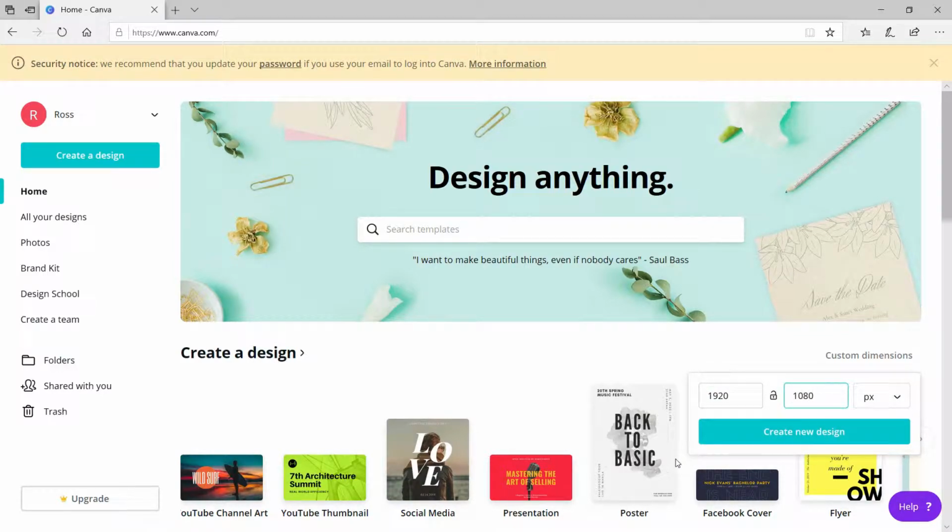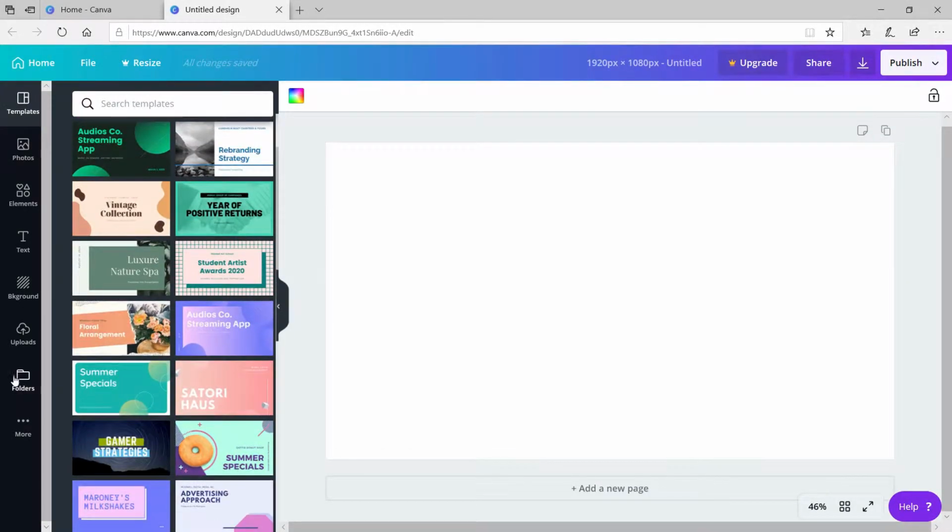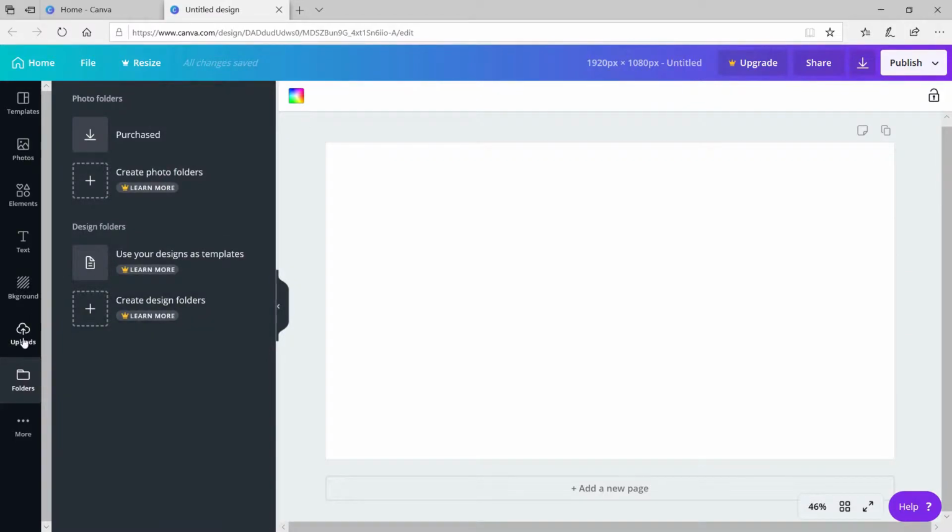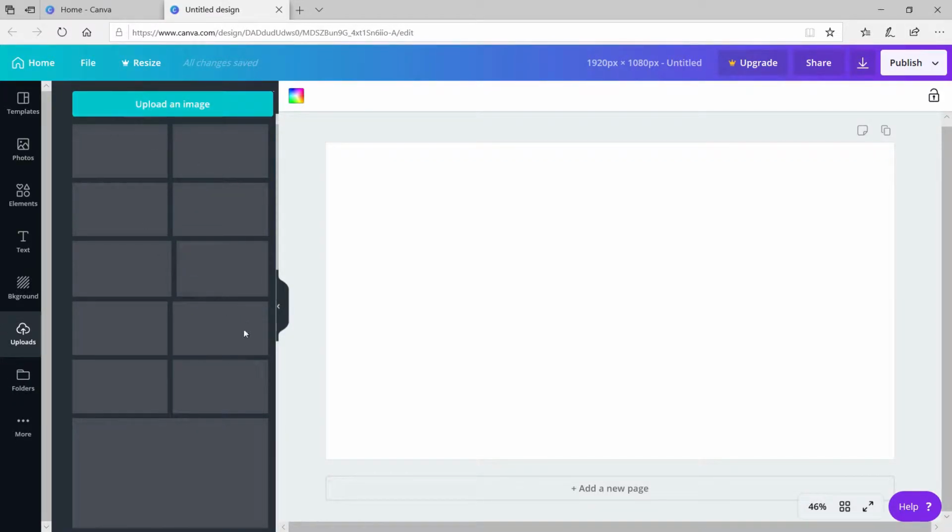YouTube takes 720p images as well, but I prefer 1080. But yeah, he's being slow. Okay. So you take a raw image and you upload it into here,